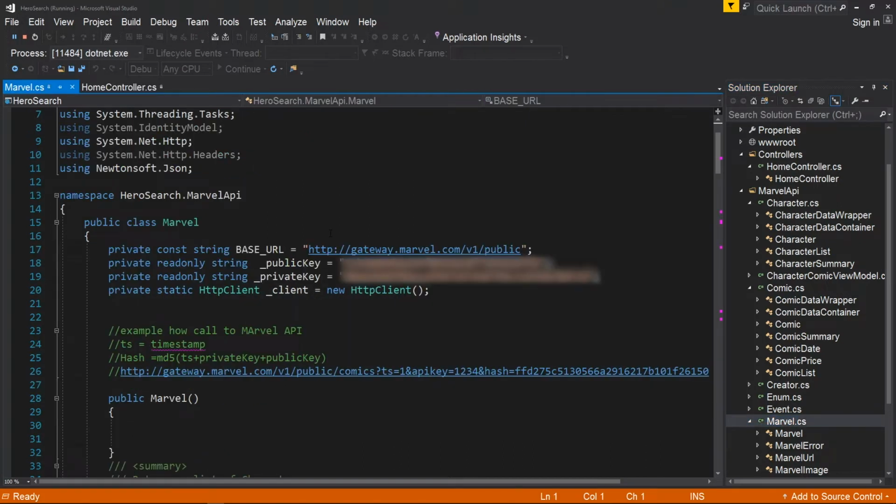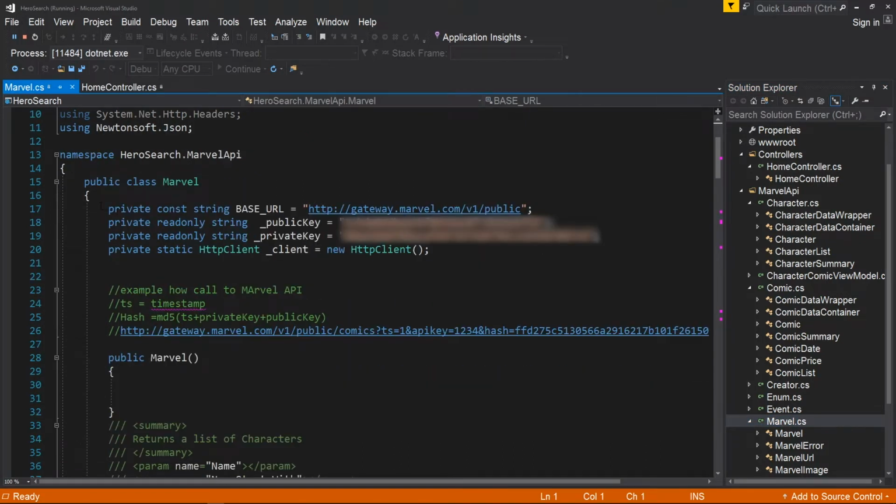So the first thing that you notice right away, I've got some variables established up front. The first one is I've got a base URL that all the URLs in the Marvel API begin with. So I just kind of set that up as a constant string that doesn't change. And then if it did change going forward and Marvel released a V2, I could really easily change this in one place. The other thing you may notice here is this is your public key